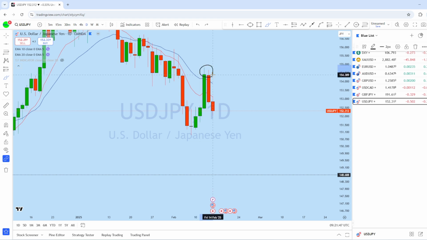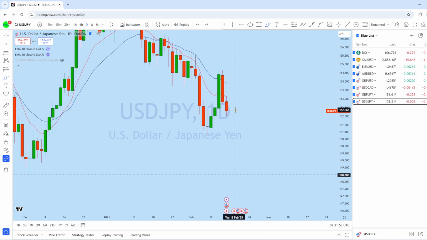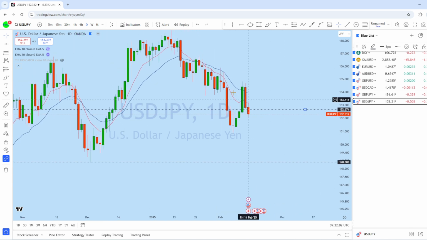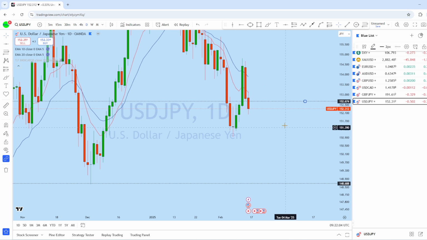After the cross of this daily high, we can see the market managed to break below, and today's candle here is a daily bearish candle. And I think that the market may try to pull back and could remain bearish to that support level, as this is currently showing a bearish pattern.